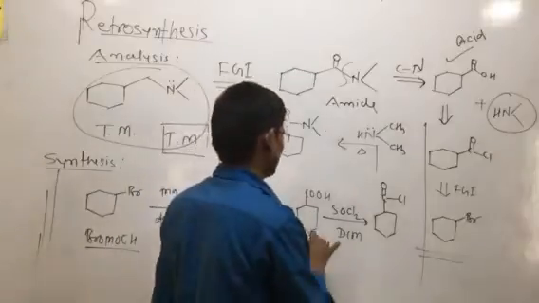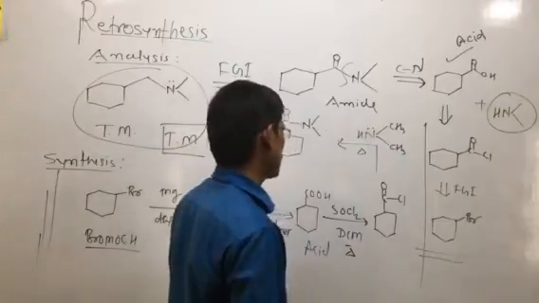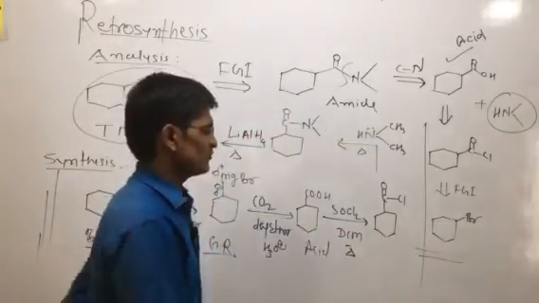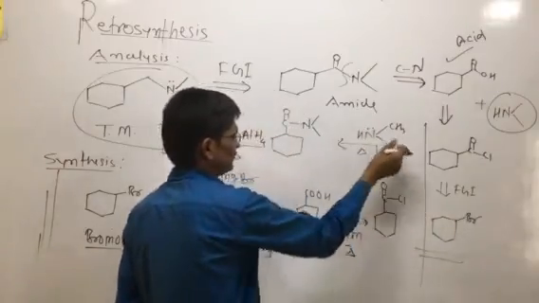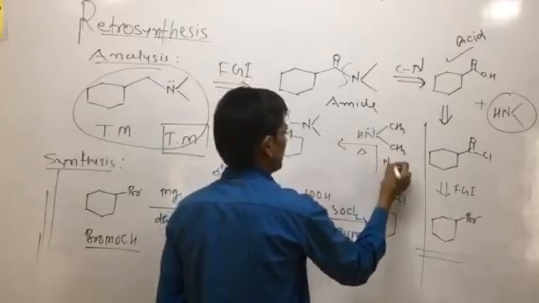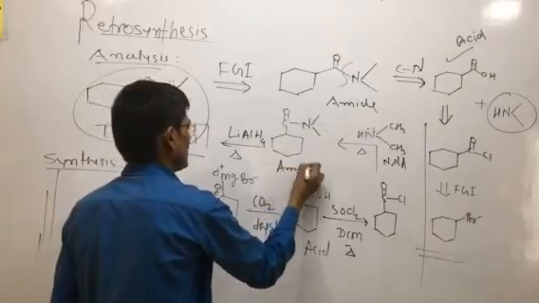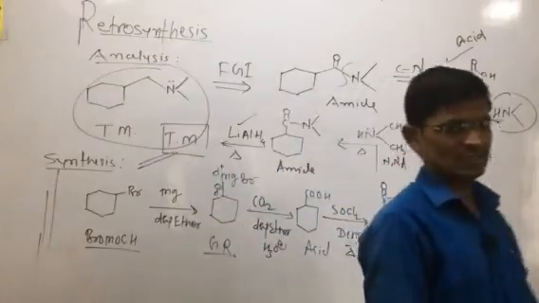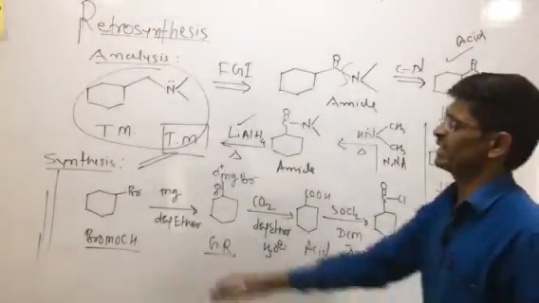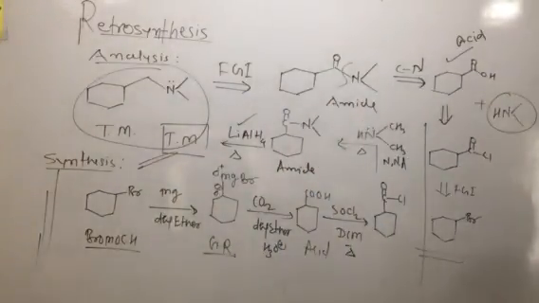This is called cyclohexane carboxylic acid. Further, it is treated with thionyl chloride in the presence of DCM, dichloromethane, as an organic solvent. So there is formation of the cyclohexyl acid chloride, which is reacted with the secondary amine, N,N-dimethylamine. It forms the amide, and this amide is treated with lithium aluminum hydride to form the target molecule. So this synthesis, analysis followed by synthesis, is called the retrosynthesis of the given target molecule.